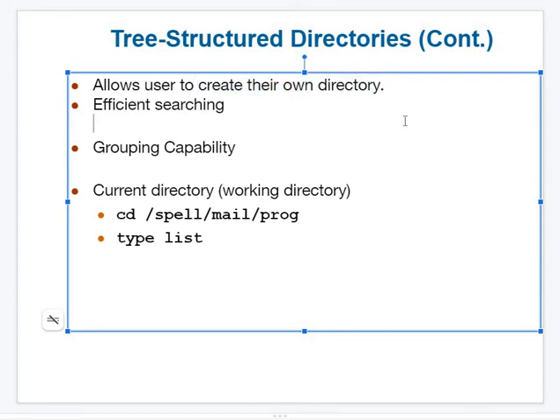That means there is no restriction for us to create. As I told, with respect to song, entertainment, song, 2021, Hindi, again by singer, again by language, something like a rock song or a silent song. We can have any level of directory. It is efficient in searching because we know the path where we have stored. Grouping is possible. I will tell you how exactly the grouping will happen when we go for acyclic.